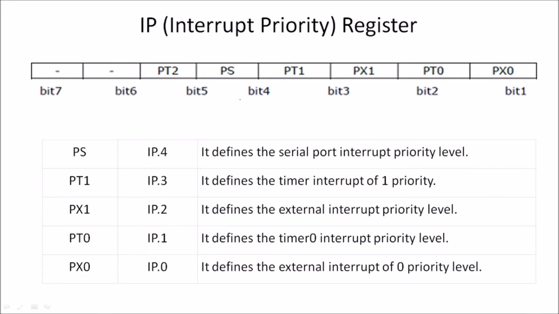As we know, the highest priority is given to the external interrupt. But suppose I want to give the highest priority to the timer 0 interrupt. For that, the bit used is PT0. So if we set PT0 to 1, all other bits should be 0 at this time. It indicates that the highest priority is given to the timer 0 interrupt. So the microcontroller will first provide service to the timer 0 interrupt, and then it will go according to the default